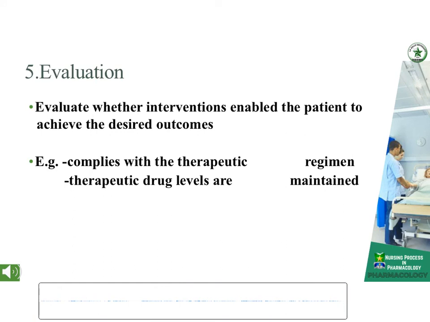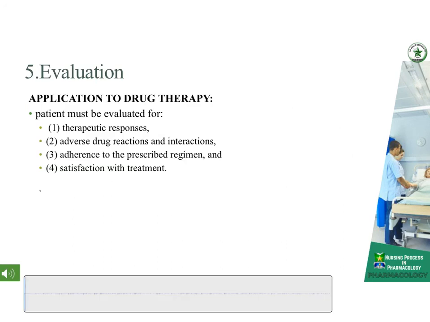So, over the course of drug therapy, the patient must be evaluated for number one, the therapeutic responses. Second, we have the adverse drug reactions and interactions. Third is the adherence to the prescribed regimen. And lastly, we have the satisfaction with treatment. How frequently evaluations are performed depends on the expected time course of therapeutic and adverse effects,